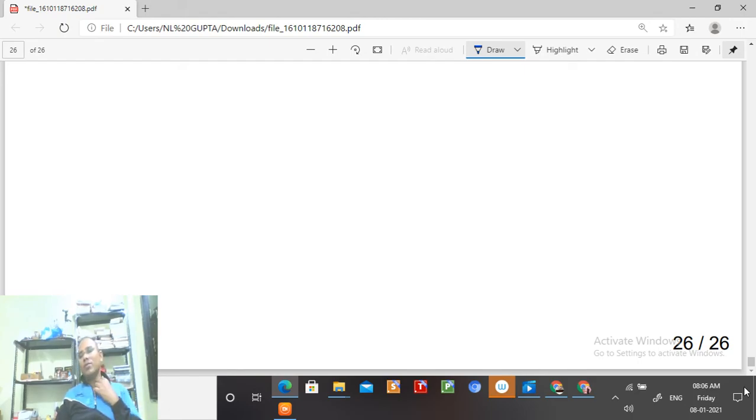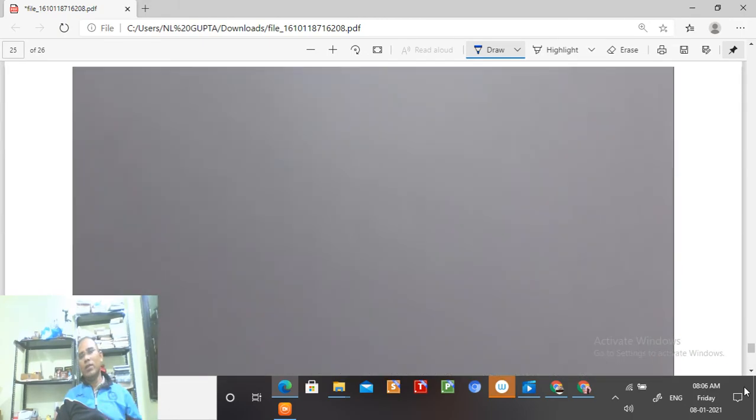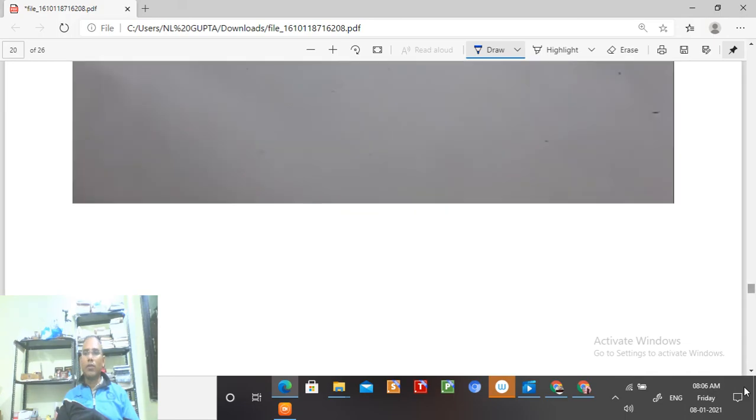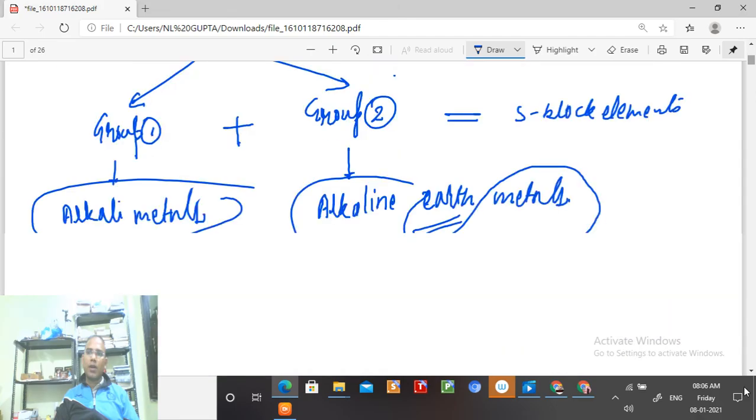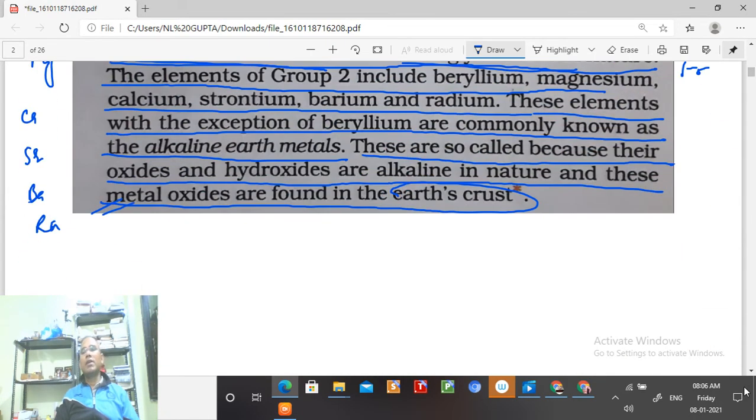So this is all about today's topic, students. We will solve some numerical problems also, whatever questions there are in the NCERT. Just try to understand what the s-block elements are and their general properties like ionization enthalpy. Most importantly for lithium, keep in mind hydration enthalpy and reducing properties. These points are very important, students. Solution in liquid ammonia is also important.